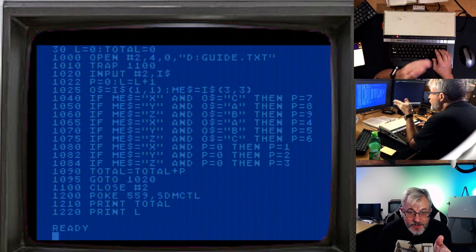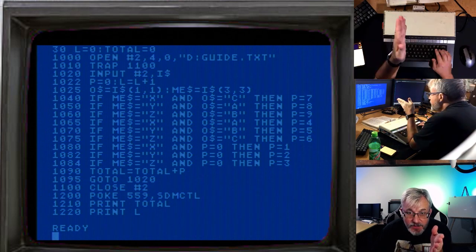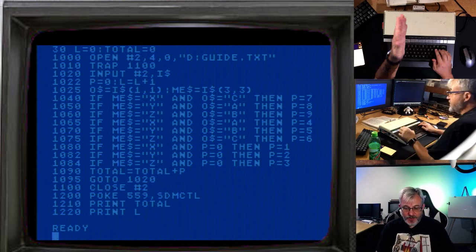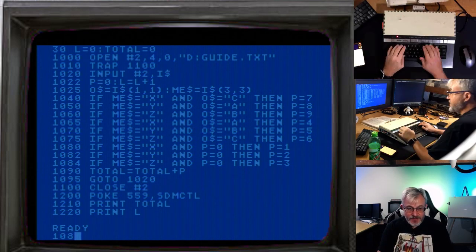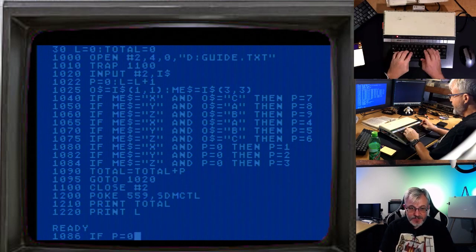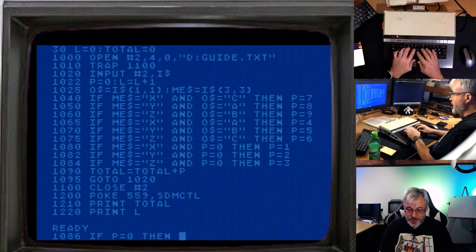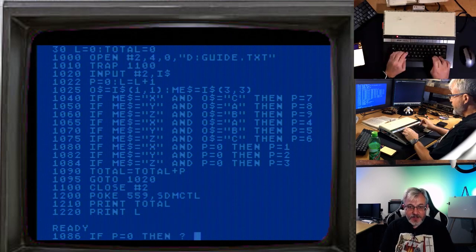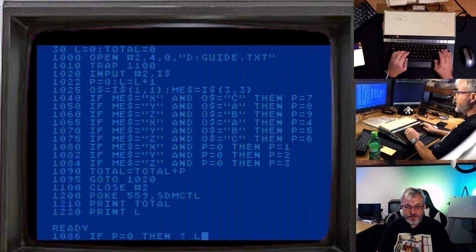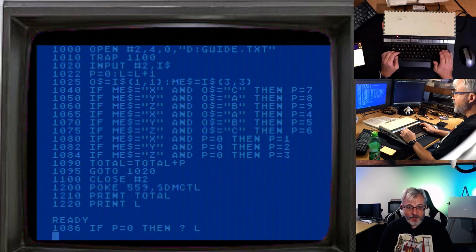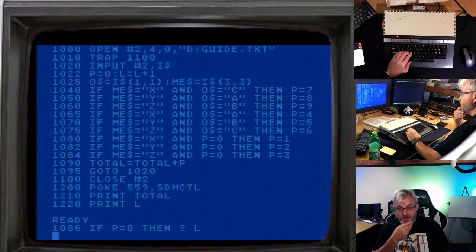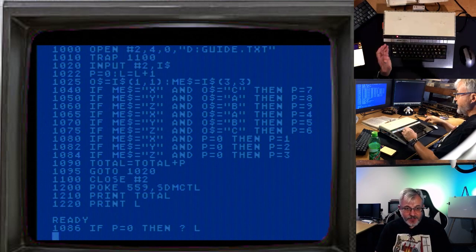So no matter what, P should not be 0 before we add the total up. 10, 80, 5, 6. If P equals 0, then print, because this will tell us which line P is having an issue on. And then we can go back and compare that line, because if it got the wrong character or it's got a space, we'll know it here. And I need to